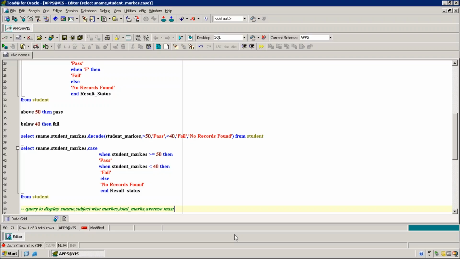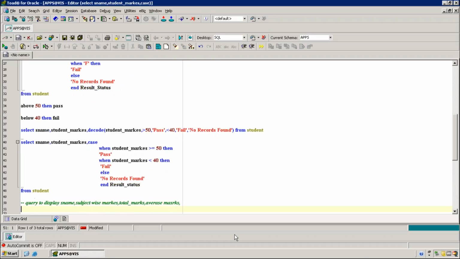Average marks, and then based on total marks. Six subjects, okay.